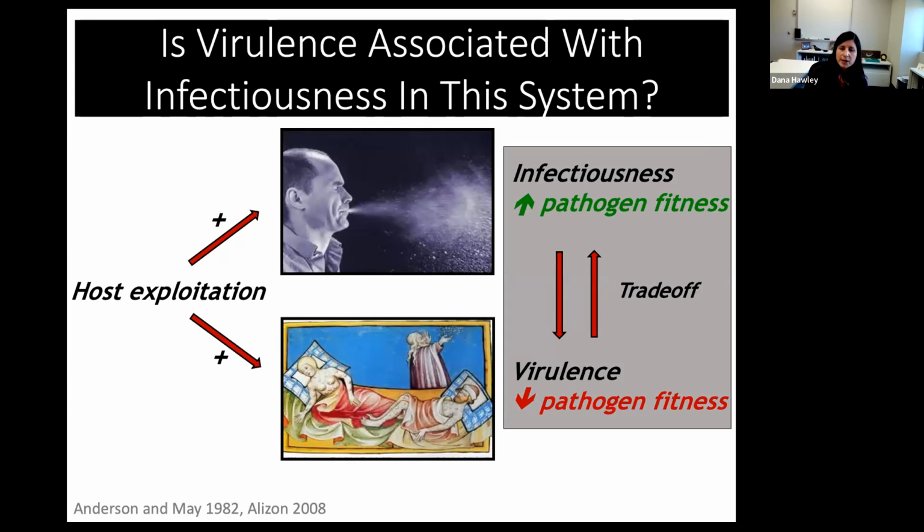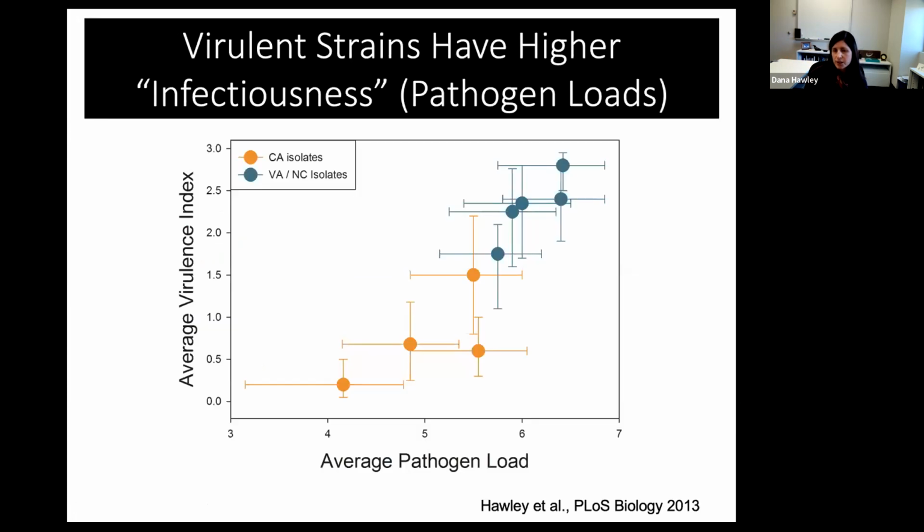And so to do that, we simply looked first across those 9 strains that I showed you earlier. But here we are looking at how the average pathogen load they produce in the conjunctiva of different birds relates to their average virulence. And we see this strong positive relationship both within the coasts and across the coasts. And again, we find this with other strains as well that we have looked at since. So we know that this system fits the trade-off model in that this metric of host exploitation on the x-axis here is a predictor of virulence.